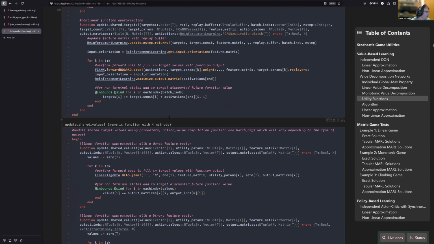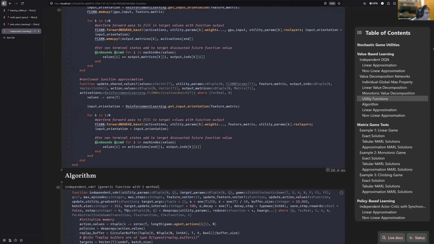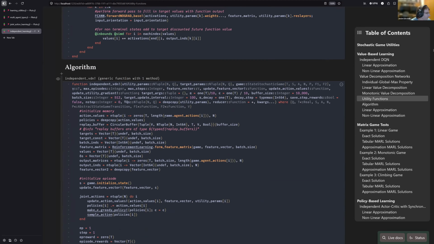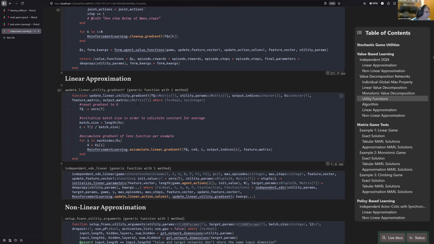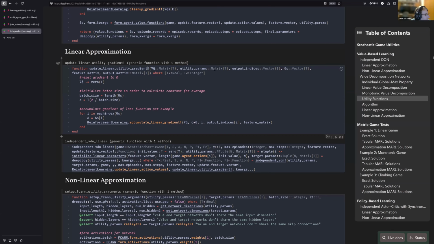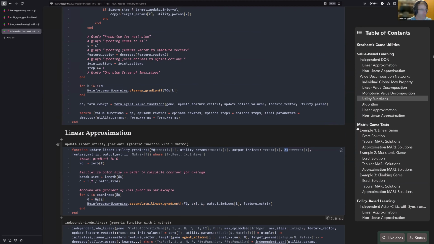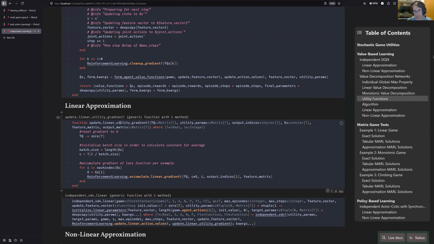So I'm just trying to find the code that actually updates this gradient. Oh no, it's down here. So for a linear function, this is the gradient update where the parameters are just represented by a matrix. And this requires this delta value. So remember, I've pre-computed these delta values ahead of time so that when I do the gradient update,